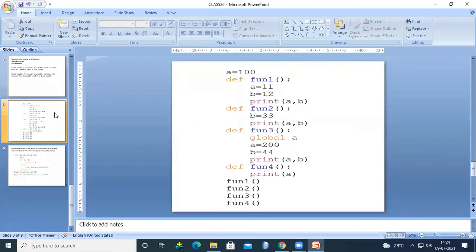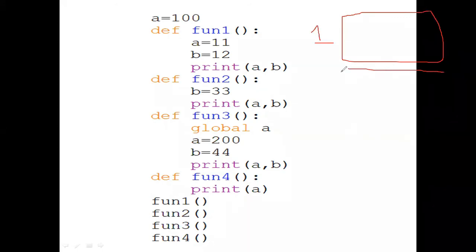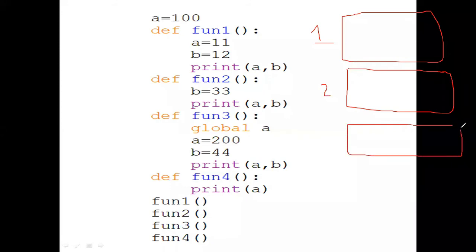This is the example program. Everyone please concentrate. How many functions do we define here? 4 functions: function 1, function 2, function 3, function 4.